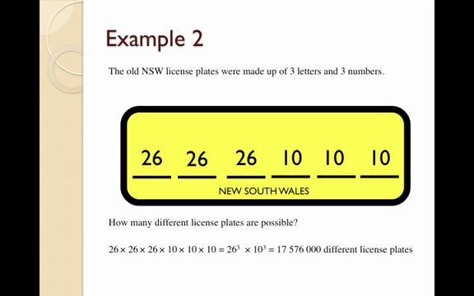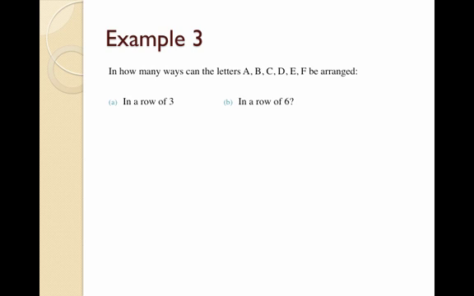You may notice that license plates are now coming in different combinations of letters and numbers. I know my license plate is made up of 2 letters, 2 numbers, and 2 letters. This allows there to be a lot more license plates available for new cars, not to mention personalized number plates. Let's look at another example, this time looking at a selection of 6 letters from A to F, and